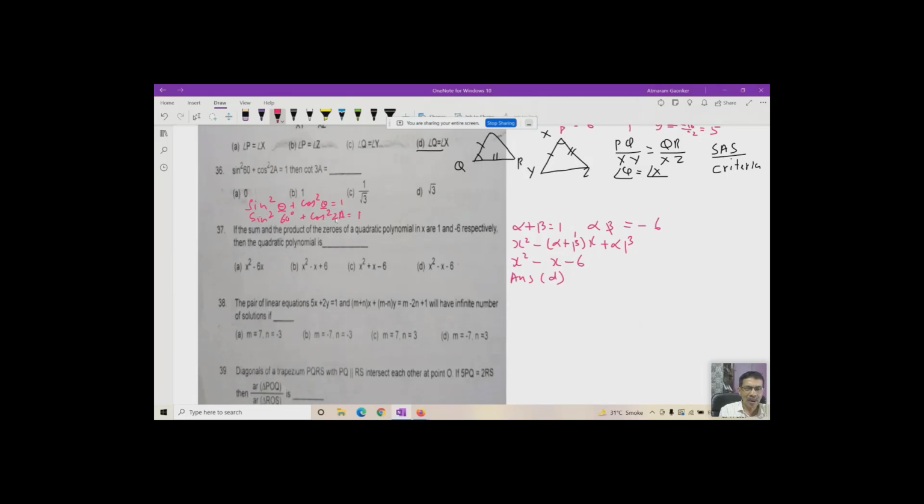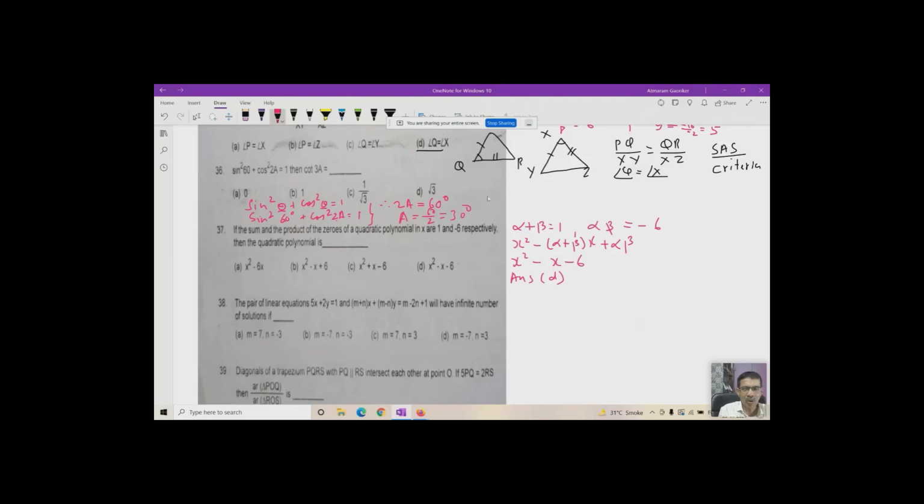So here both angles should be same. Here there is theta, here is also theta. Here there is 60 degrees, here there is 2a. So what you have to do, therefore 2a is equal to 60 degrees, or a is equal to 60 divided by 2, that is equal to 30 degrees.